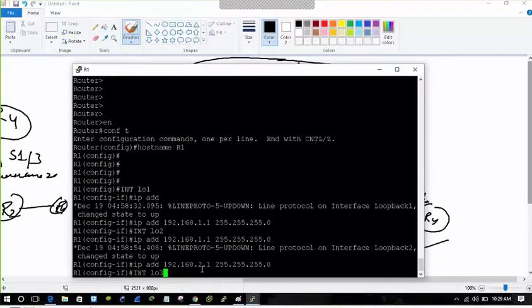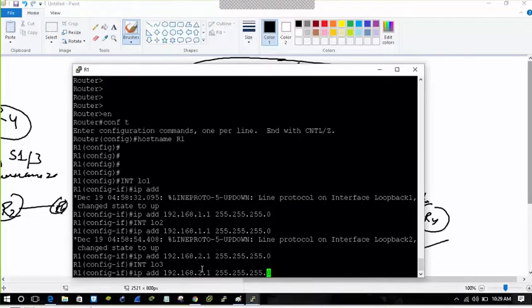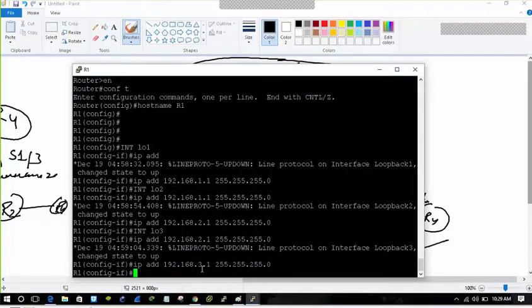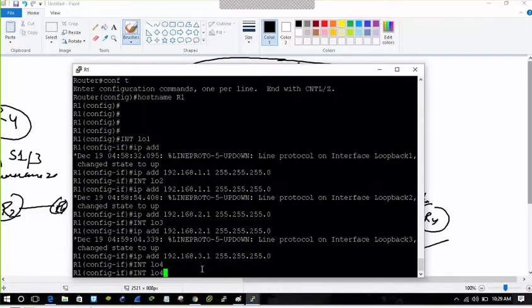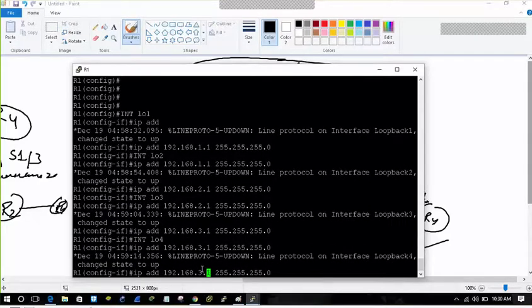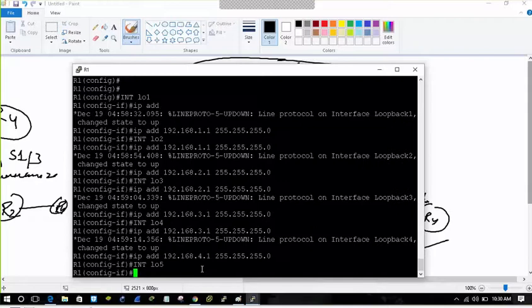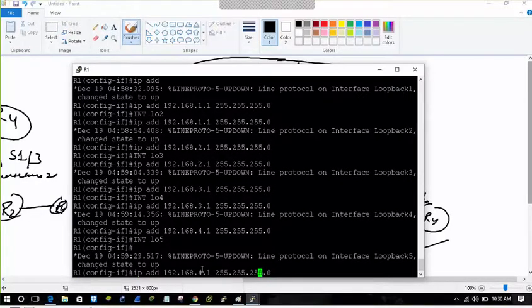Let's move on to loopback 3, then 3. Now loopback 4. Now let's do one thing. Loopback 5: I have given it the address of, let's say, 8.